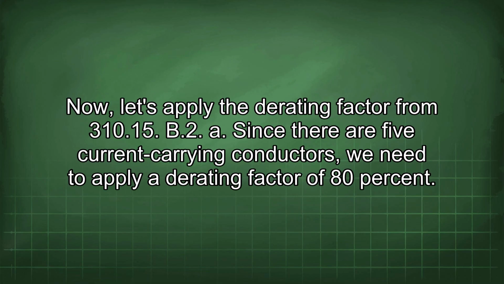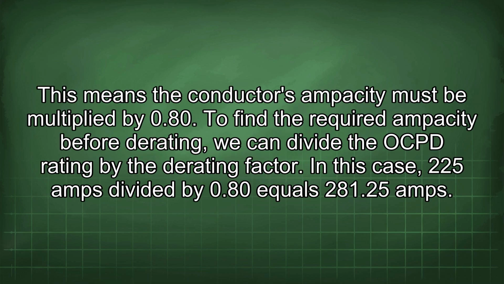Now let's apply the derating factor from 310.15(B)(2). Since there are 5 current carrying conductors, we need to apply a derating factor of 80%. This means the conductor's ampacity must be multiplied by 0.80. To find the required ampacity before derating, we can divide the OPD rating by the derating factor. In this case, 225 amps divided by 0.80 equals